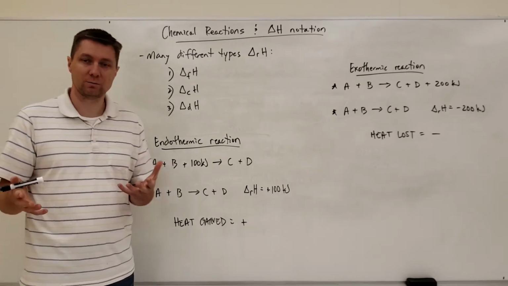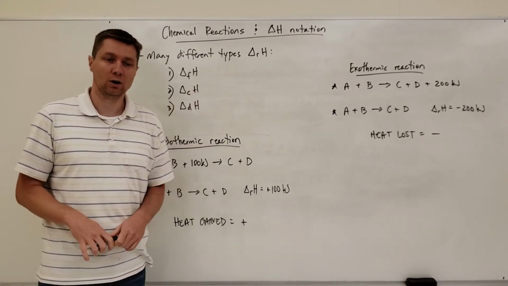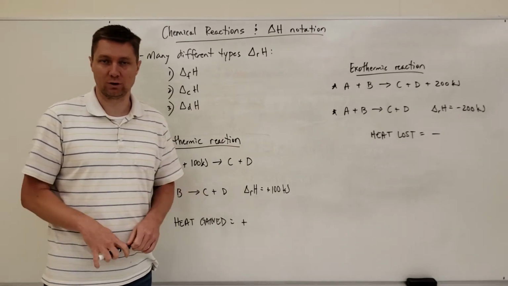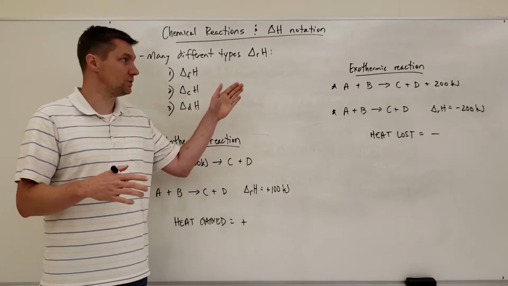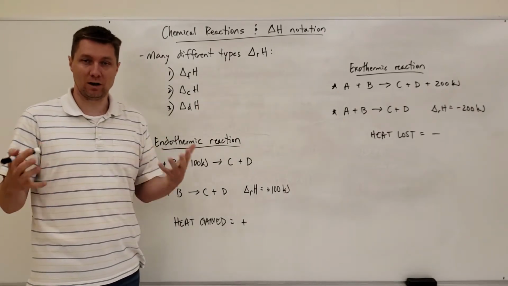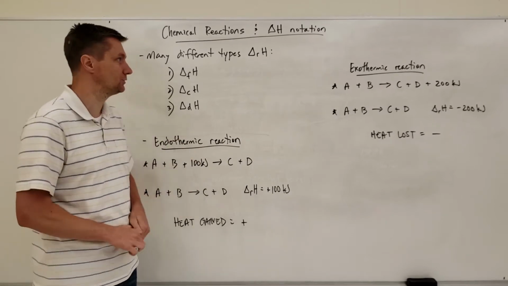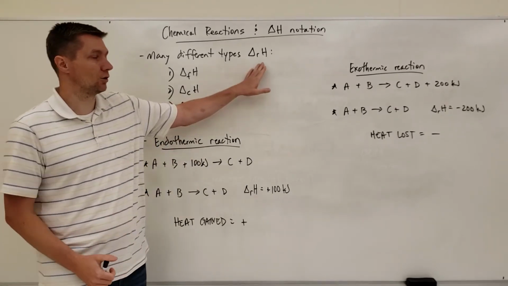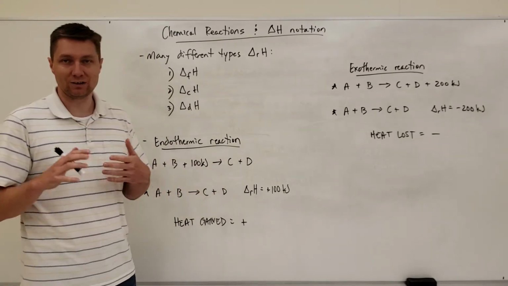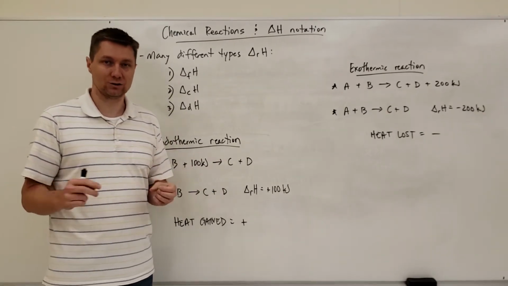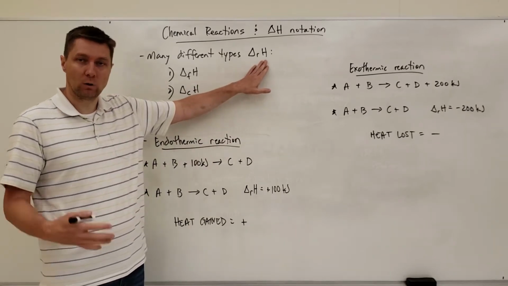The first concept that we need to understand is this term called delta H, or enthalpy change, or in other words, just a change in heat. This is the notation that we use to describe an energy change, a change in heat or enthalpy change. And this can occur for lots of different types of reactions. So we have lots of different delta RHs, or heats of reactions, that we can refer to when we're doing